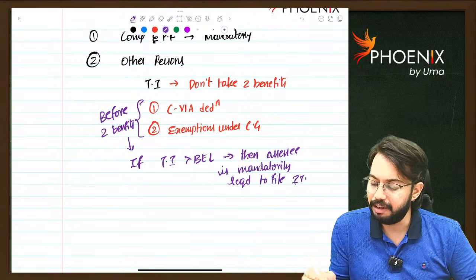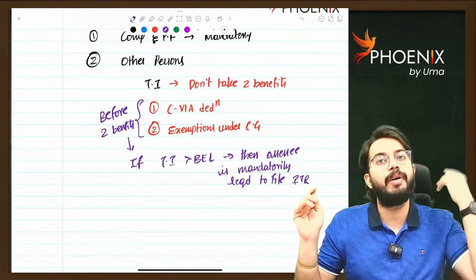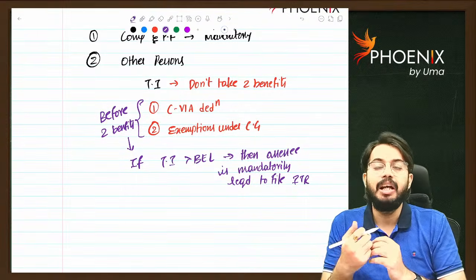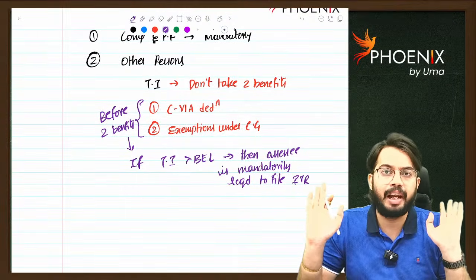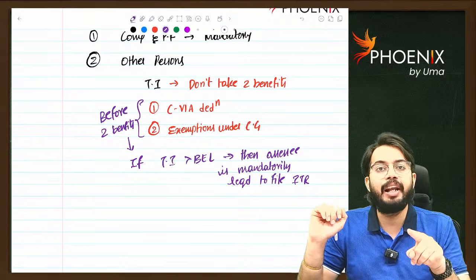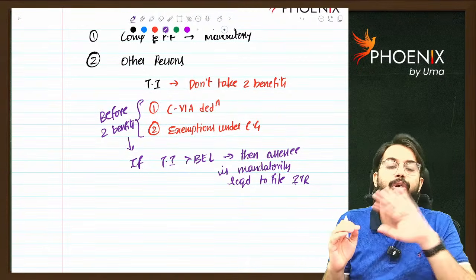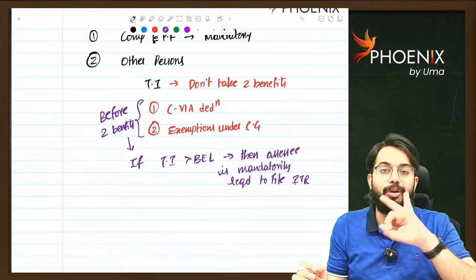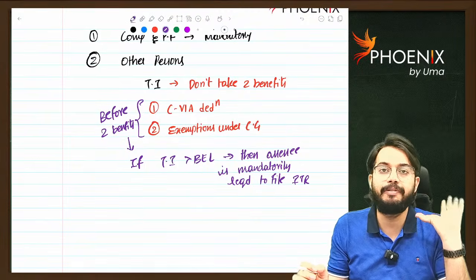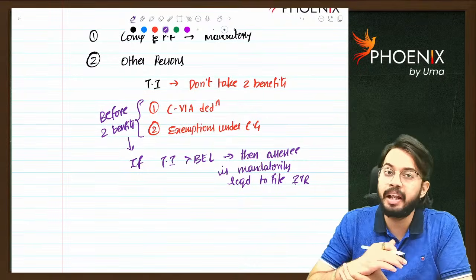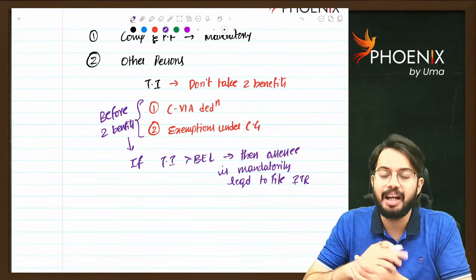So, very simple. First, company, partnership firm, mandatorily required. Second, in case of other persons, they are not required to file ITR every time. When they are required to file ITR, you need to calculate total income. While calculating total income, don't claim two benefits, don't claim deductions, don't claim exemptions. Before claiming these two benefits, if total income is greater than the basic exemption limit, then they are mandatorily required to file ITR. Otherwise,